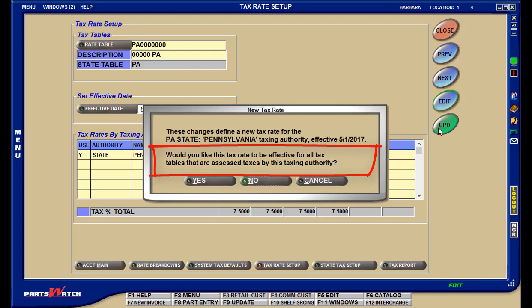If you have more than one, and if you edit the state tax only, it'll ask if you want to change the state rate for all your other rate tables for the state or not. Answer yes if you do. Then you don't have to open each table for the state and change it separately. Or answer no if you only want the change to affect the edited table.